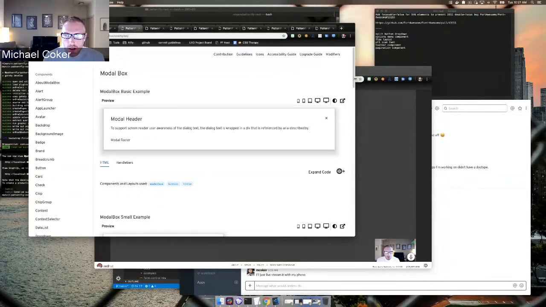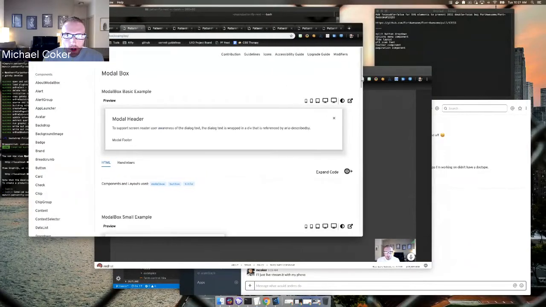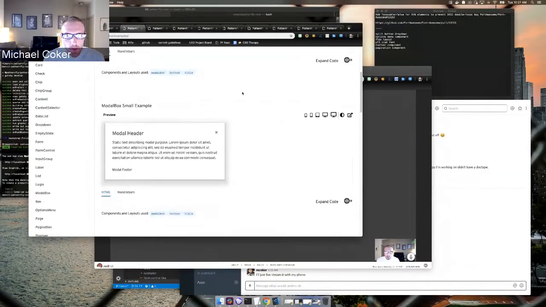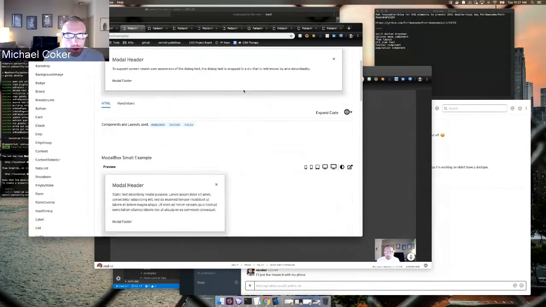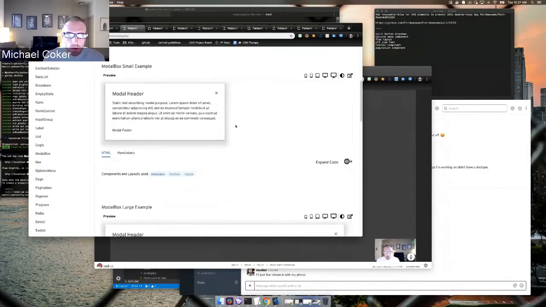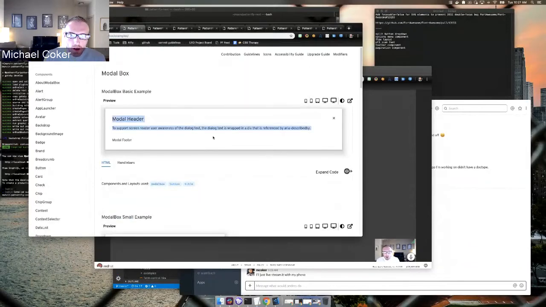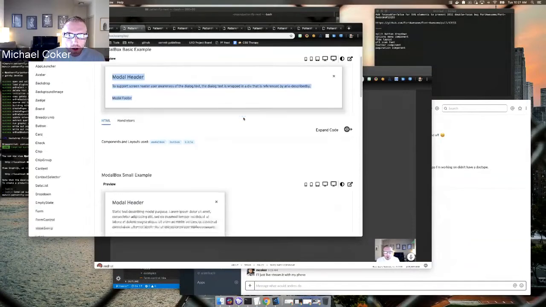Next was some changes to the modal box, particularly regarding the widths, and a modifier that we use to control the width. By default, the modal box used to have a max width of around 500 or 600 pixels, and so it would display the way that this modal box is displaying currently. And so we made the modal box just be 100% width by default, so it'll consume the available window or